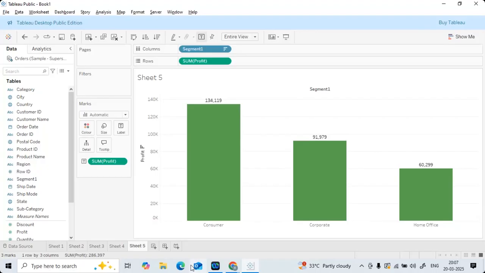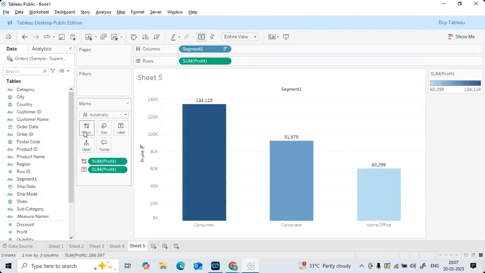That means for the highest profit, you just want to represent it with green color. For the lowest profit, the segment itself needs to be replicated as red color. Now what I'll be doing is, whatever the profit column is there, simply drag and drop this profit onto your color part. So automatically color is grading. If you can closely see, you can refer to this section. For lowest profit, you are getting light color palette. For highest profit, you are getting dark color palette.